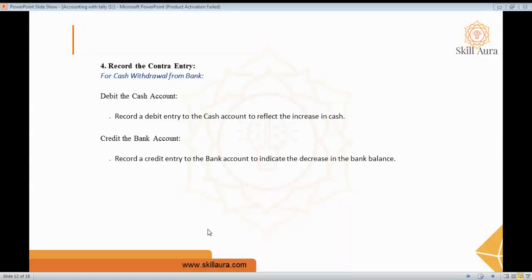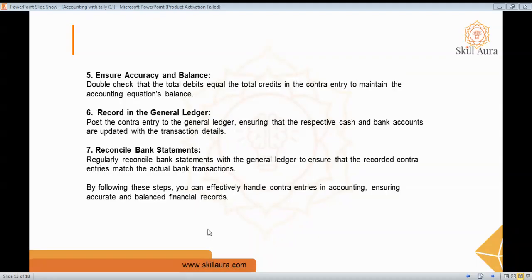When it is going, it is decreasing in the bank balance. This is how you have to understand. The next one is you have to ensure accuracy and balance, by double checking that the total debit equals the total credit in the contra entry to maintain the accounting equation